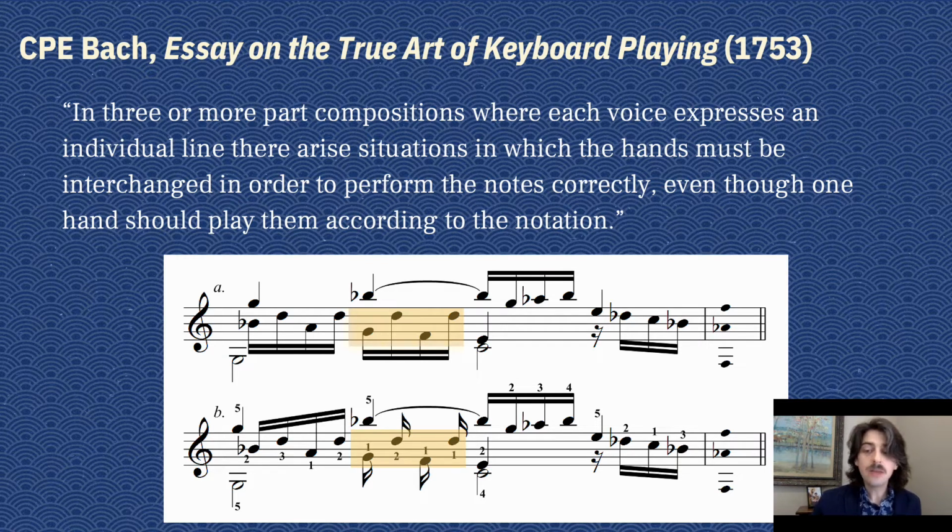His point is that a middle voice should be traded between the hands as necessary to accommodate the notes. As shown here in yellow, Bach divides the 16th notes in the second beat between the hands. This necessity is apparent to anyone who's played a fugue, of course, and fortunately we have one example from a fugue of J.S. Bach where he explicitly shows how he would divide the notes.